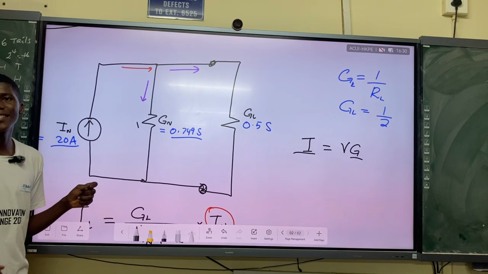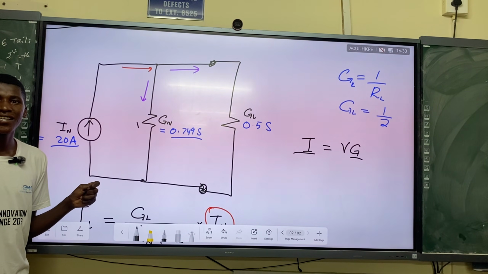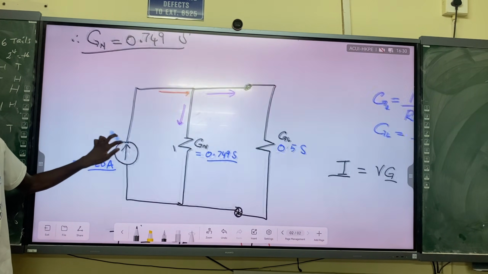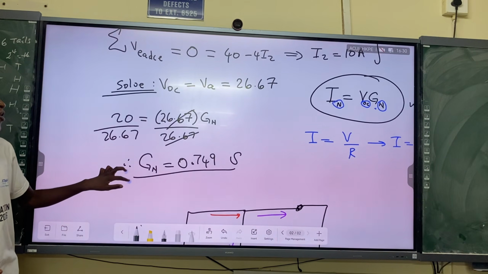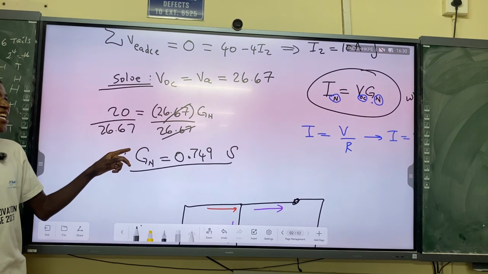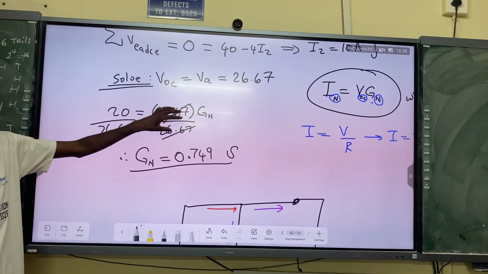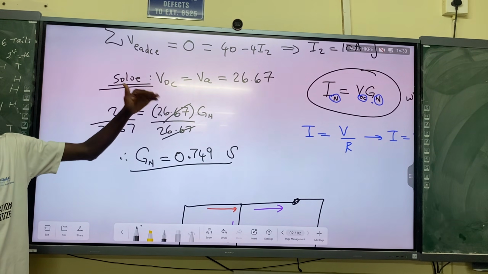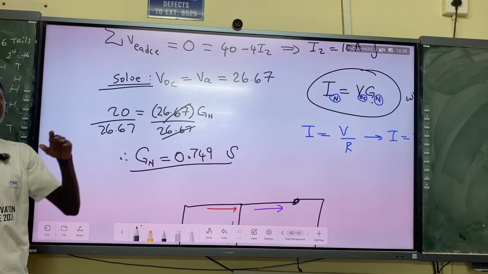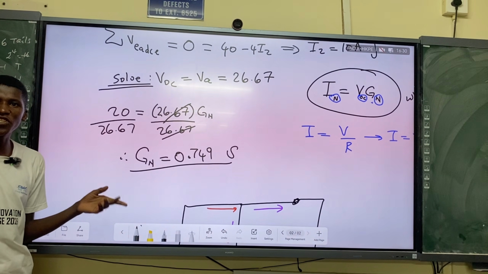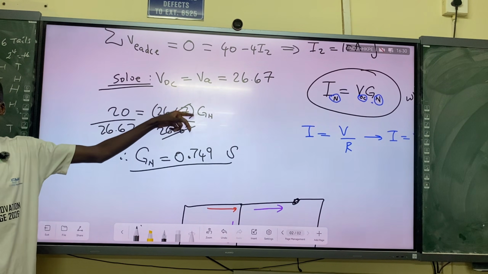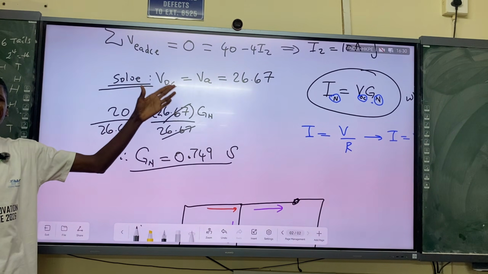Oh, so in Thevenin's, it's still the same thing. It's the same thing as with Norton's. For us to find Gn, remember it's supposed to be V over R, which is the current. We said u1 over R is equal to 2G, and we substitute for Gn immediately. So mathematically it's the same thing.